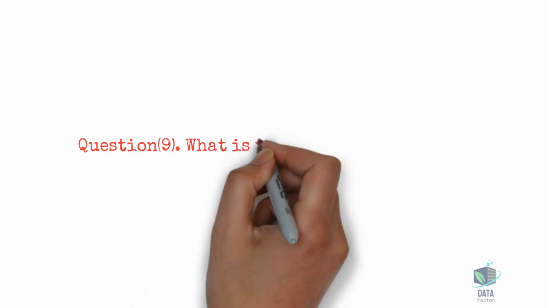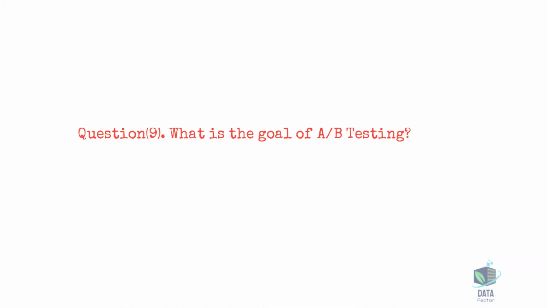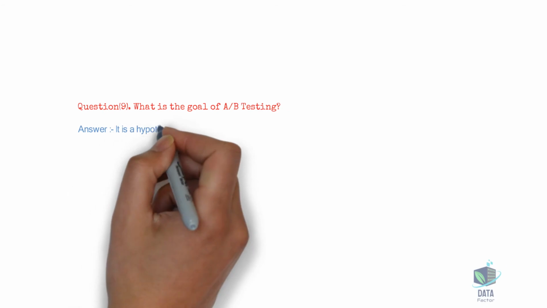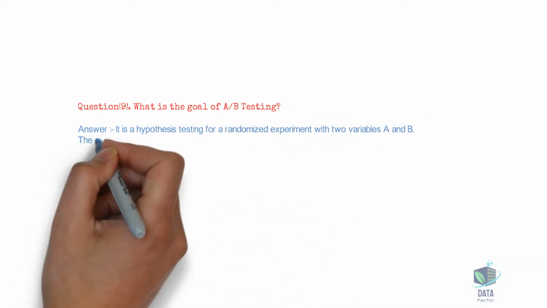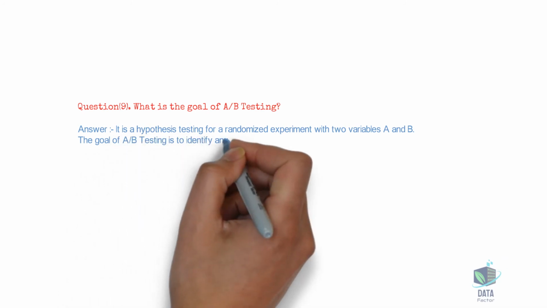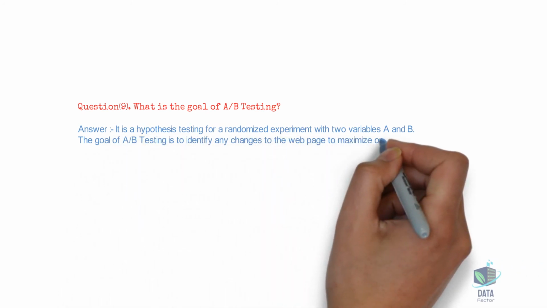Question 9. What is the goal of A/B testing? Answer: it is a hypothesis testing for a randomized experiment with two variables A and B. The goal of A/B testing is to identify any changes to the web page to maximize or increase the outcome